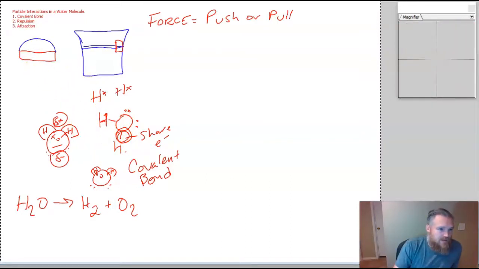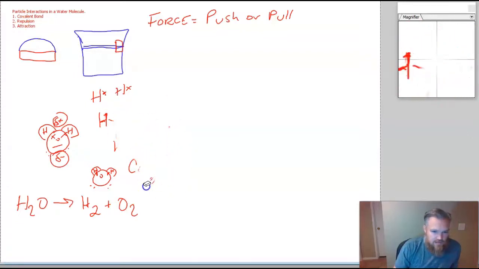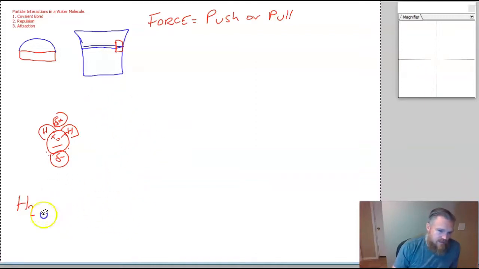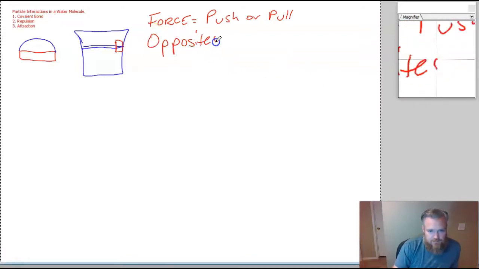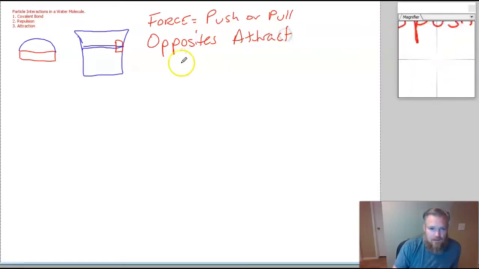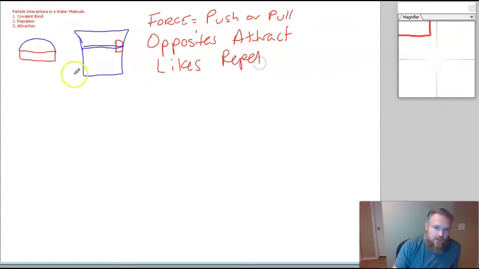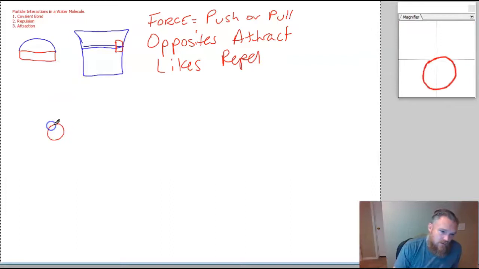So let me erase some stuff here, and then let's get into this attractive force stuff. If we have our dead polar bear, with a positive side and a negative side, we should remember from chemistry and physics that opposites attract, and likes repel. And if we know that, then if we have a water molecule, it's like this, these are the H's, this is the O,